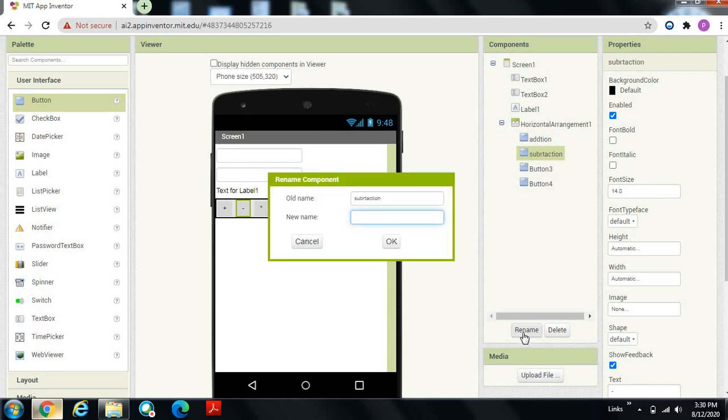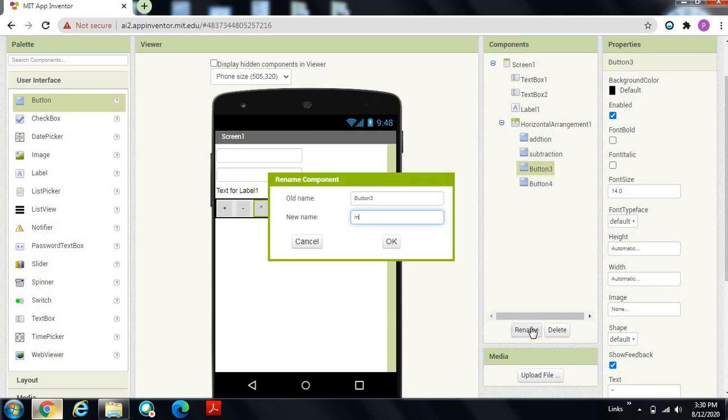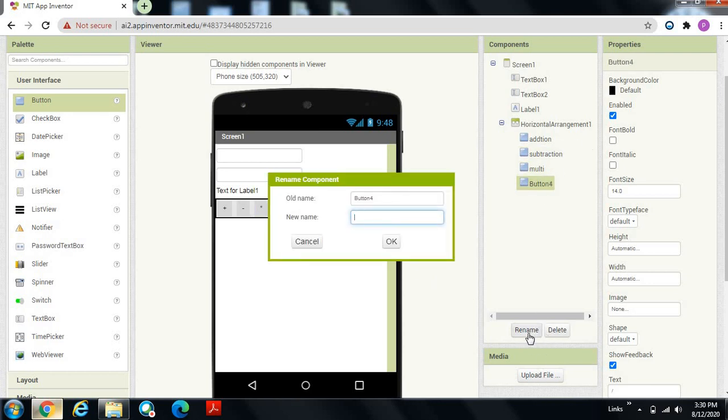Now you can rename it like DV because I wanted to make it shorter, so you can name it like multi, if you don't want it to become very big. So I've renamed it, and this one is going to be renamed as multiplication. Okay, I'm done. Now this one is going to be renamed as division.